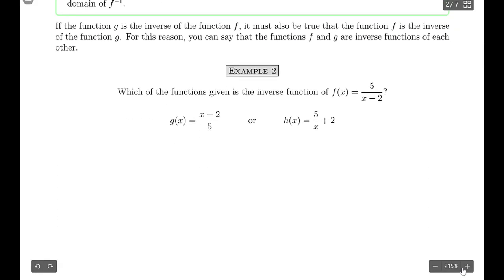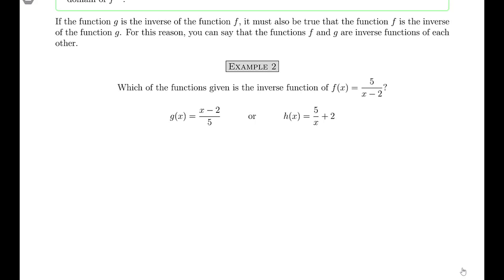And if we look at example 2, we're just going to work out how we can come up with the inverse of this function, and we do that by composition. So if this function f of x equals 5 over x minus 2 is our given function, we want to test these other two to see if they're inverses, and the way we test that is through composition. So if we take f of f inverse,